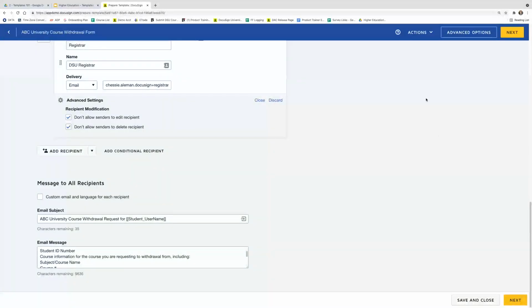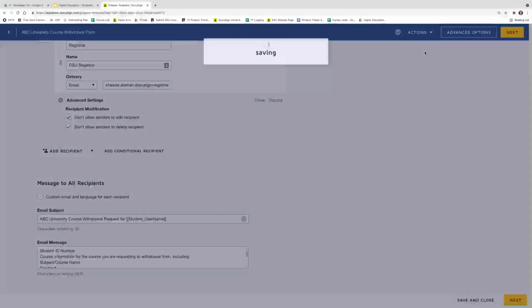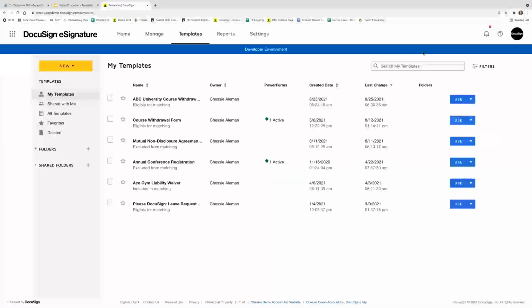Now I'll go ahead and at the top where it says actions, I'm going to click save and close. I'm not going to add my fields just yet. Now we can see on the templates page, I have my ABC University course withdrawal form template ready to go. So let's go ahead and talk about adding fields, and then we'll come back and we'll actually add fields to